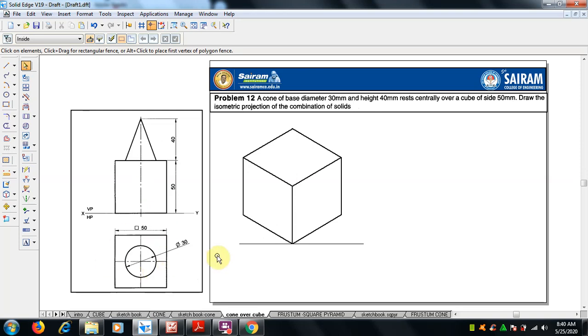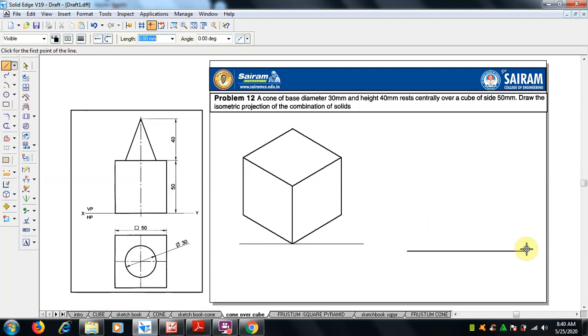Then we have to make a cone. So on either side I am making another cone. How to make the cone? We have already seen. Cone of base diameter 30 mm. So from here I have to make 30: 30 mm length at 30 degree angle, and again 30 mm length at 150 angle, 30 mm at minus 150 angle, 30 mm, enter, minus 30. So the base of the cone is 30, 30, 30, 30.